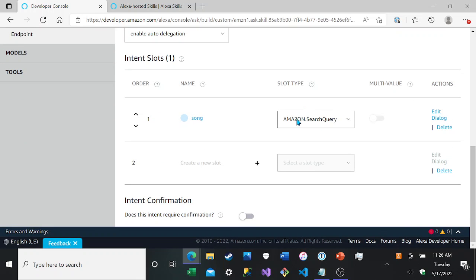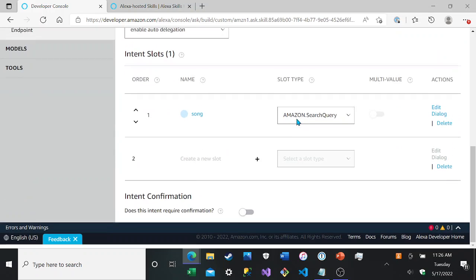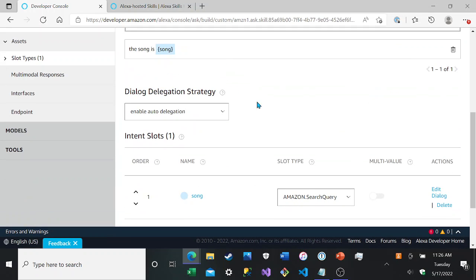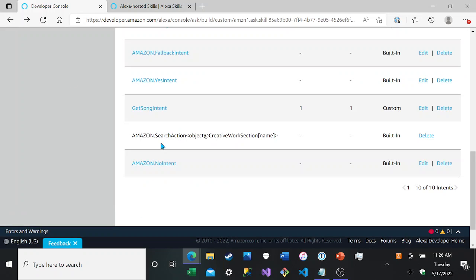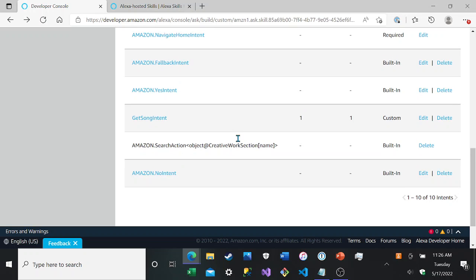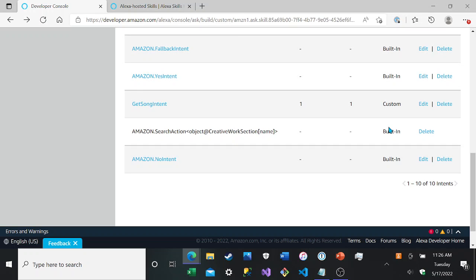I had to Google it a fair bit to find one that would work, but the Amazon SearchQuery worked. And then I also used the no intent for this. I tried using the Amazon SearchAction, it didn't work. Yeah, it didn't work, so I should delete it.